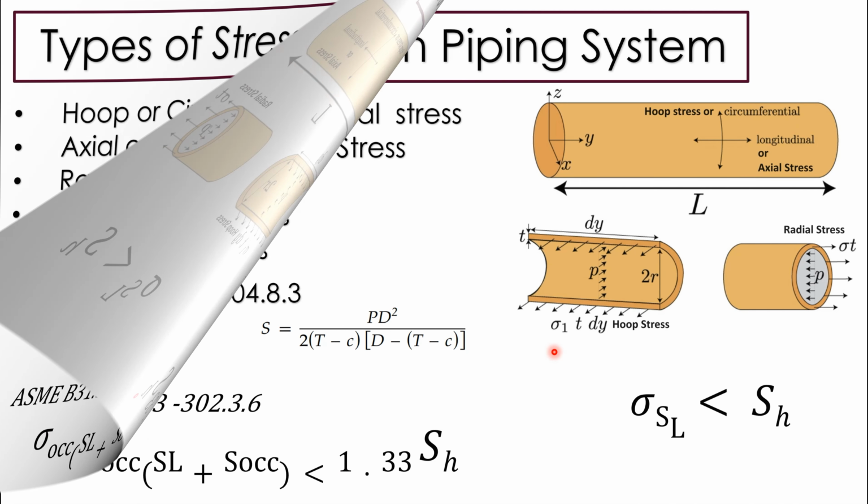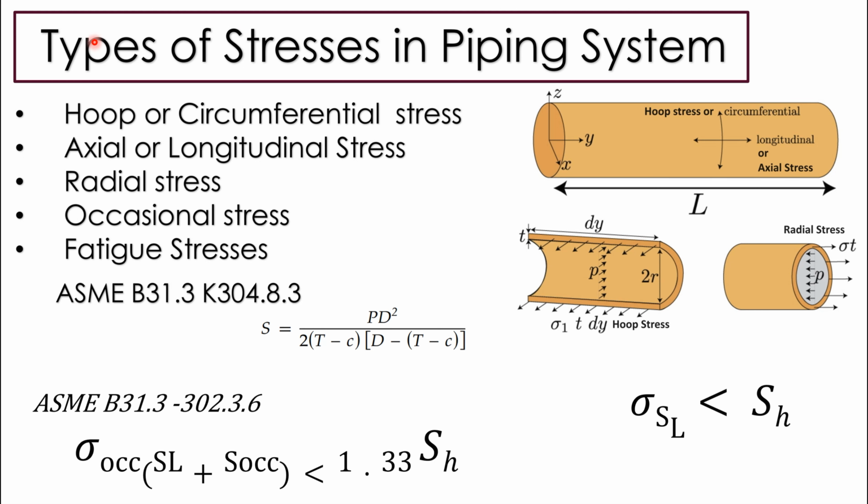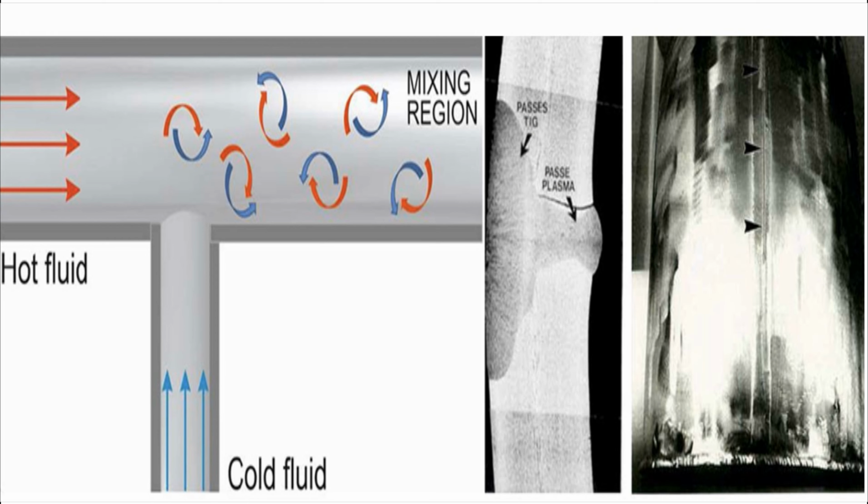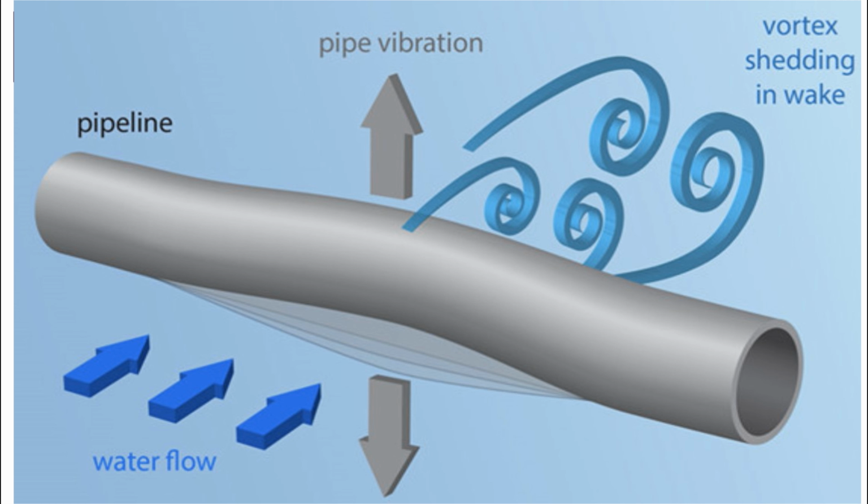Fatigue stresses. The stresses produced in a pipe due to fatigue forces are called fatigue stresses. Fatigue in a pipe is of three types. Thermal fatigue is due to expansion and contraction in a pipe because of change in temperature. Second type of fatigue is called vibrational fatigue. It is due to vibration in a pipe due to some excitation force like slugging or vibration due to rotating